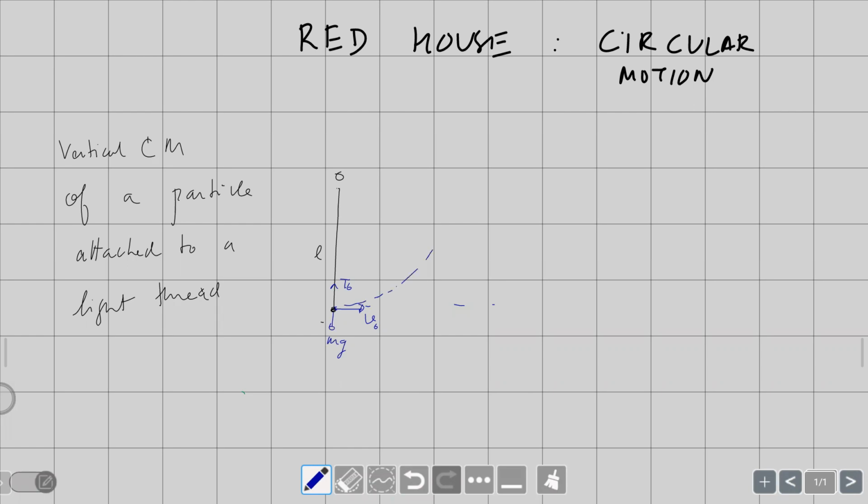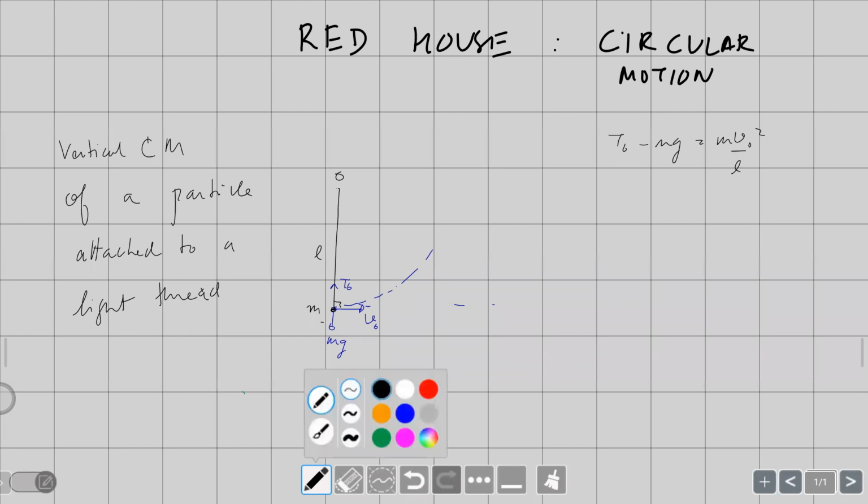So how much will the tension become? If the mass of the particle is m, then how much will the tension become over here? The moment you have given this initial velocity v naught, which is perpendicular to the thread, tension is acting upward. It will be such that the net force towards the center is the centripetal force. So how much will the centripetal force be here? m v naught square divided by the radius, which is the length of the thread. So the moment you give the velocity v naught, the tension will change to how much? T naught minus mg is equal to m v naught square by l, so that it has the centripetal acceleration, the net force towards the center. And because of that, the particle, instead of going straight or remaining at rest, goes into circular motion.